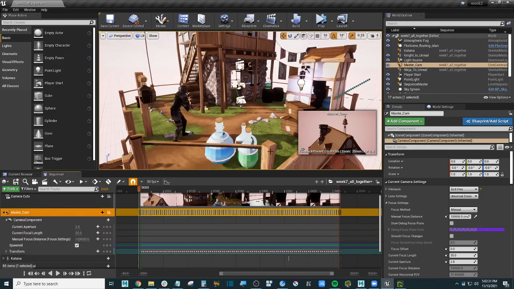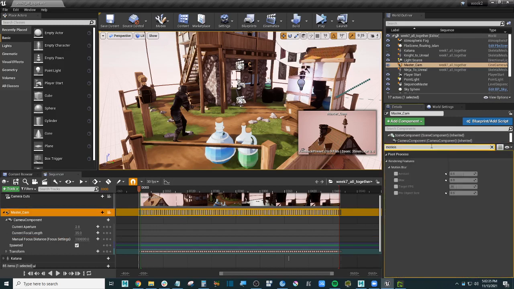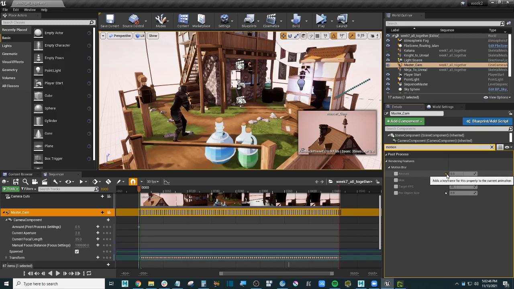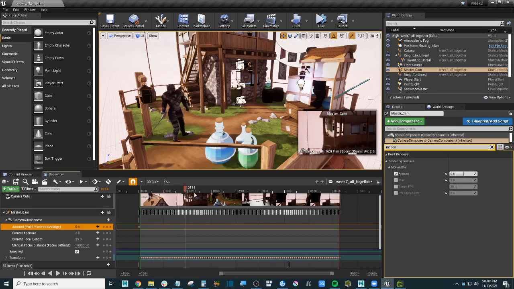So if I select my cam, I type in here motion blur. And I click on the plus to add it, to be able to animate it in the sequence, right? I need to add it. So I click on plus, and it adds this one. See, by default, well, first you need to activate it. You need the 0.5. Okay, and then what happens is,